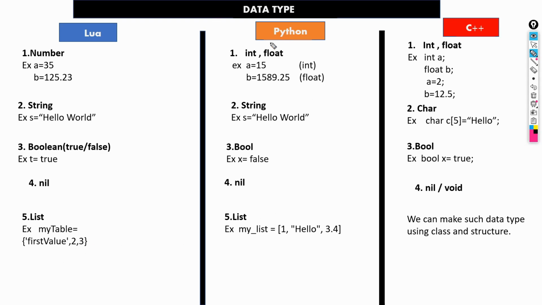Okay, then I think you got the basic idea of data types. My major point is that you should understand how the syntax is different, what their names are, and what the basic data types are. There are some more data types in Lua, but they are not that important for robotic simulation. That's why I'm not going to tell you about all those things; for example, a function also has a data type, but I will not be talking about that.